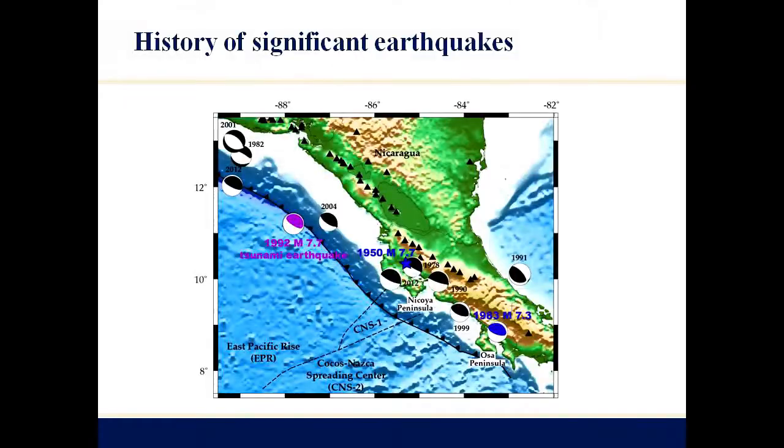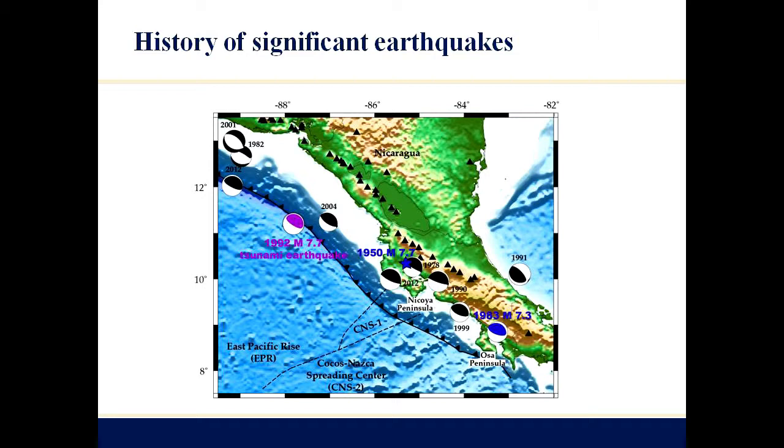All right, so here's a blow up of our study area. Again, here's the East Pacific Rise crust, and here's this Cocos-Nazca crust. You can see already that the East Pacific Rise crust is a lot smoother than the Cocos-Nazca crust. There's actually a change in ridge orientation. So we have two little pieces of Cocos-Nazca related material subducting off of Costa Rica. It's a little hard to see in the bathymetry at this scale, but another big difference is that as you move away from the end of the subduction zone, you start to get these large outer rise normal faults that get progressively larger as you move to the north. So when we get into the more detailed maps that show the higher resolution bathymetry, make sure you look for these